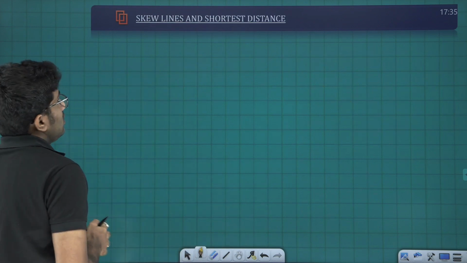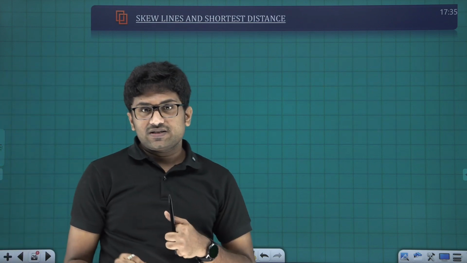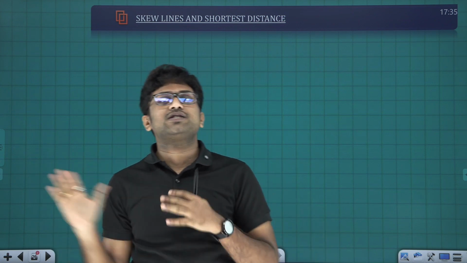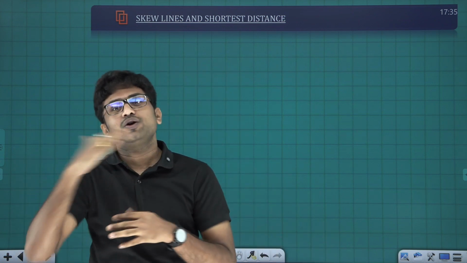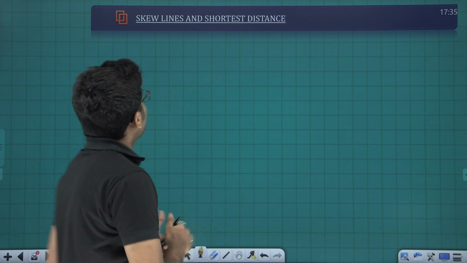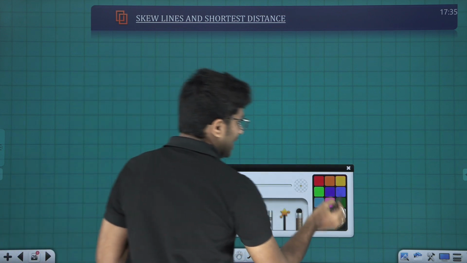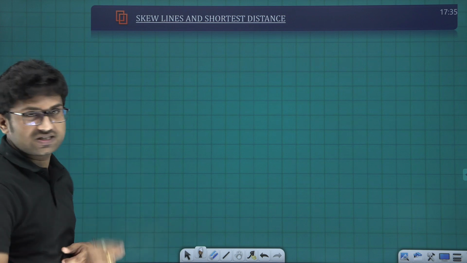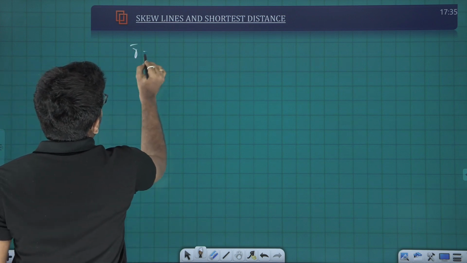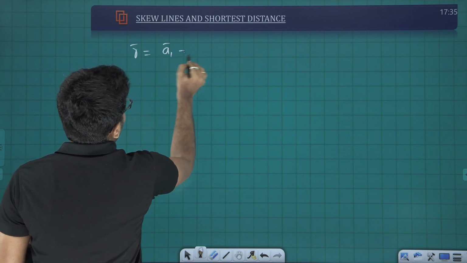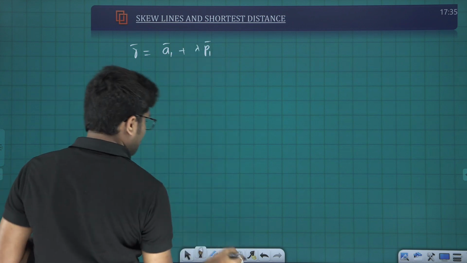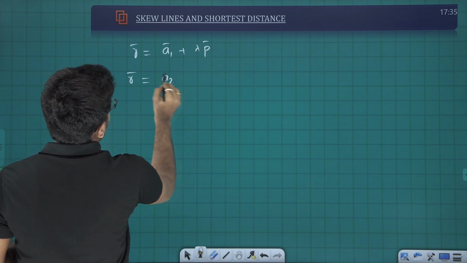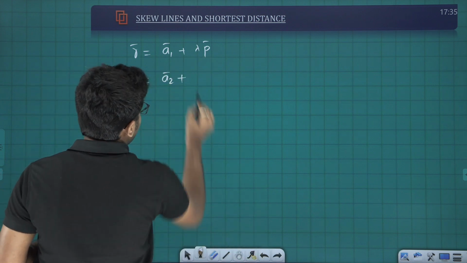Next, skew lines and shortest distance. In simple words, two lines which belong to different planes are called skew lines, friends. They neither intersect nor are parallel. The most important thing from skew lines is shortest distance. Let's say R bar is equal to A1 bar plus lambda times P bar, and R bar is equal to A2 bar plus some mu times Q bar